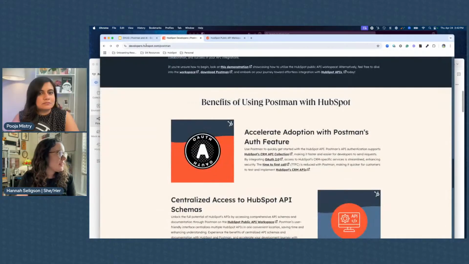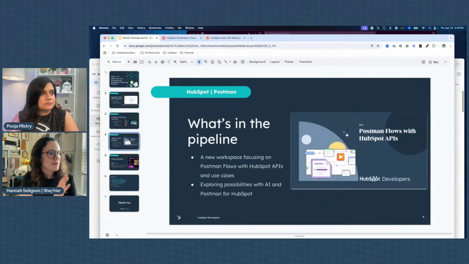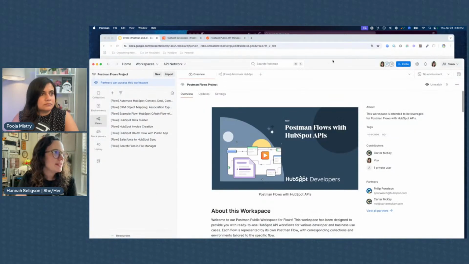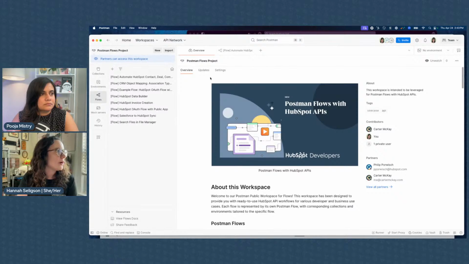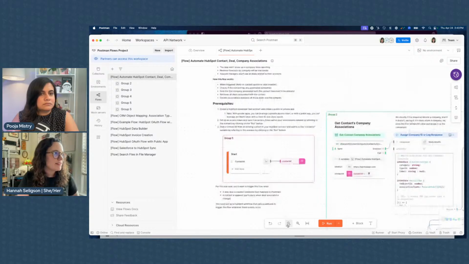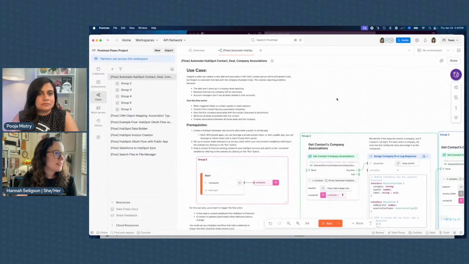So yeah. And then as far as what we were insinuating about flows, something that I've been working on for a while is creating a new public workspace that has specific flows for the HubSpot API, so different use cases. Admittedly, none are agentic yet, but that's next. Essentially these use cases demonstrate common scenarios that our developers or builders find themselves in when utilizing our APIs. We've heard our developer community saying, we need more code samples. We need more references on how to utilize these APIs. And what better way to show you how to do an integration with our APIs than using Postman flows?